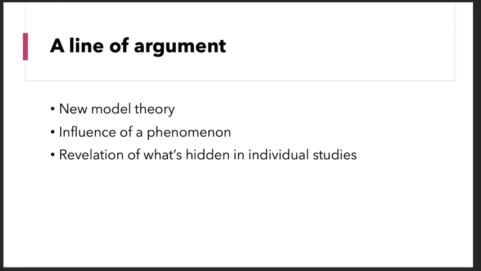Many studies suggest a line of argument synthesis, or inference of a larger issue or phenomenon, and this involves translating studies into one another and then constructing an interpretation called the line of argument. They may serve to reveal what's hidden in individual studies and involve detailed studies of differences or similarities amongst these